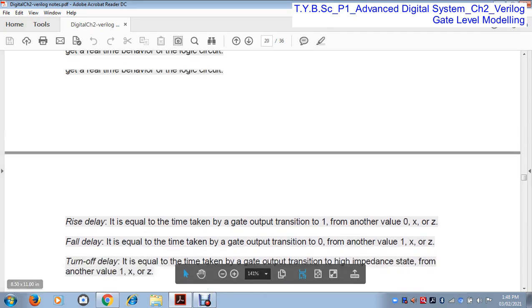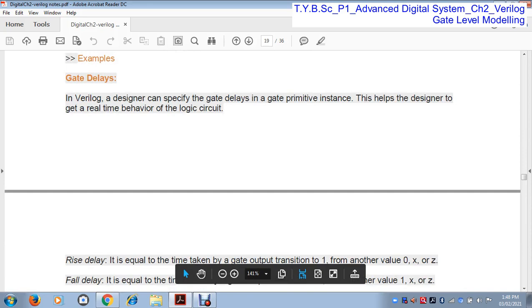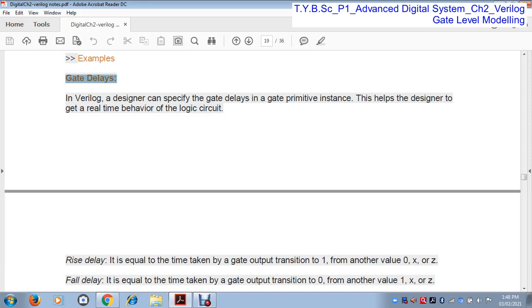In Verilog, the designer can specify the gate delay in the gate primitive. This helps the designer get the real-time behavior of logic gates, so it is very easy for the designer to know the timing or behavior of the logic gate.